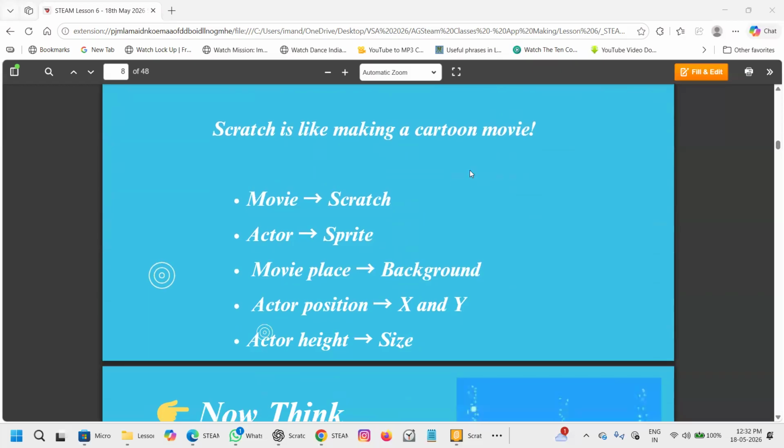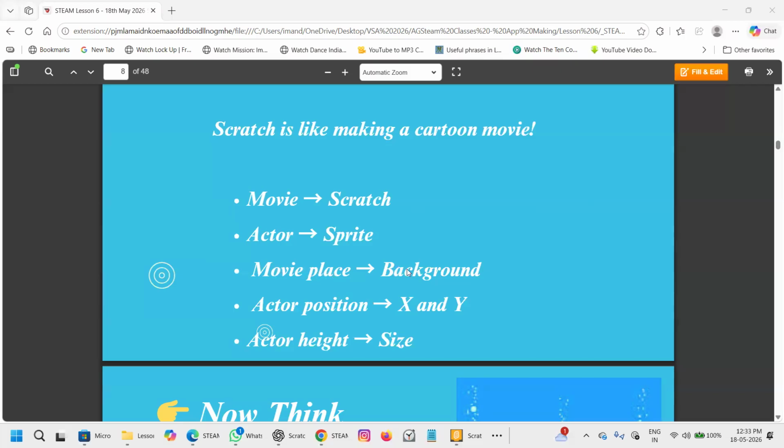So, Scratch is now like a cartoon movie, right? Yes or no? Now we are going to do a cartoon movie. So the movie is called Scratch. Who is the actor? Sprite. Where is the movie place?